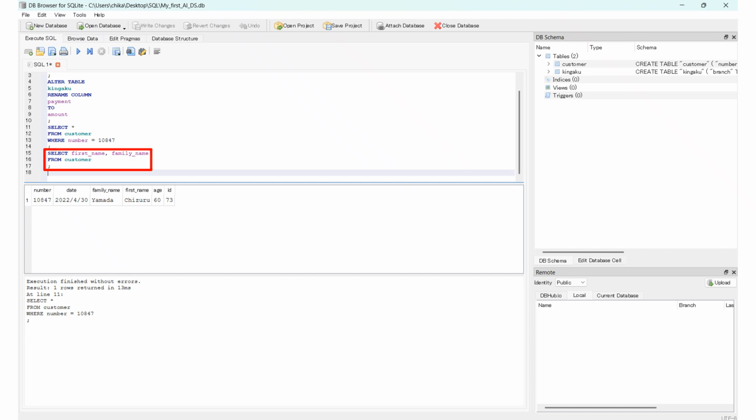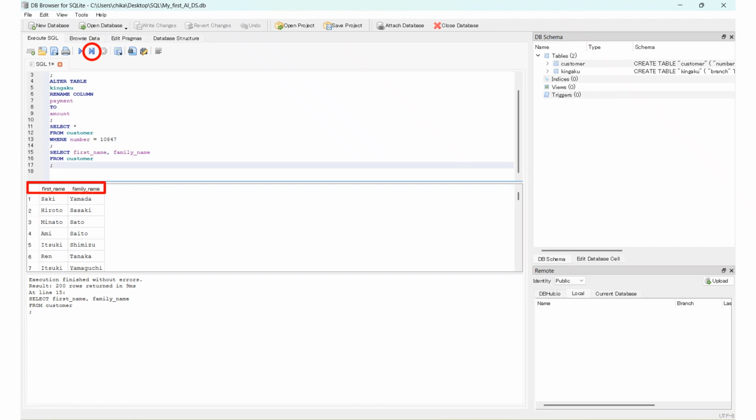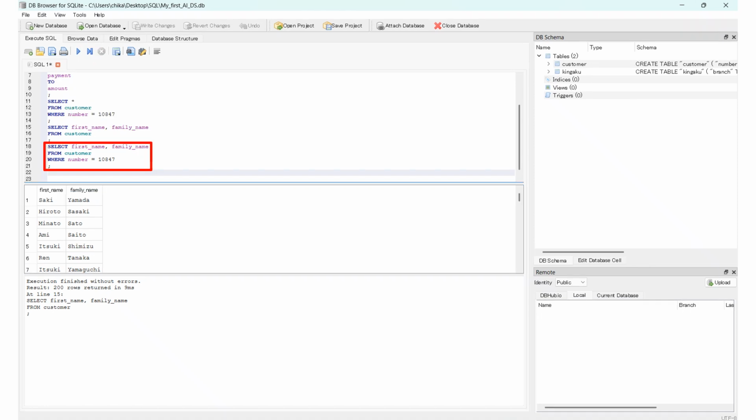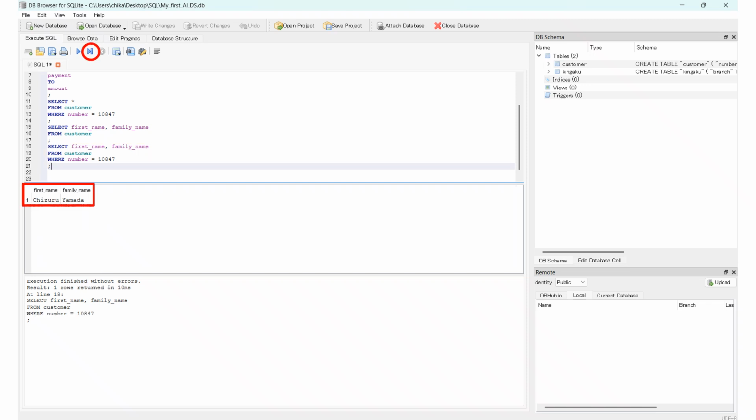first_name and family_name. When executed with the Execute Current Line button, only 2 columns are retrieved, as shown here. Now let's combine selection and projection to get the 2 columns in the 10,847th record. Paste the code from the website. Upon execution, we find that the name of 10,847